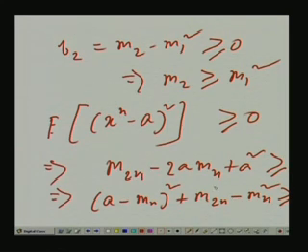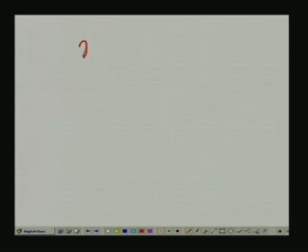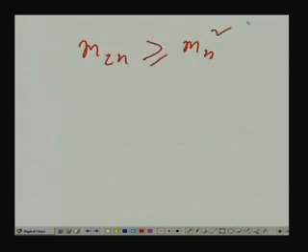Now, since this has to be true for any a, this is true also for the case where m n equal to a, which means then it is 0. For that case, we have this thing, that m 2 n minus m n square should be greater than equal to 0, that is